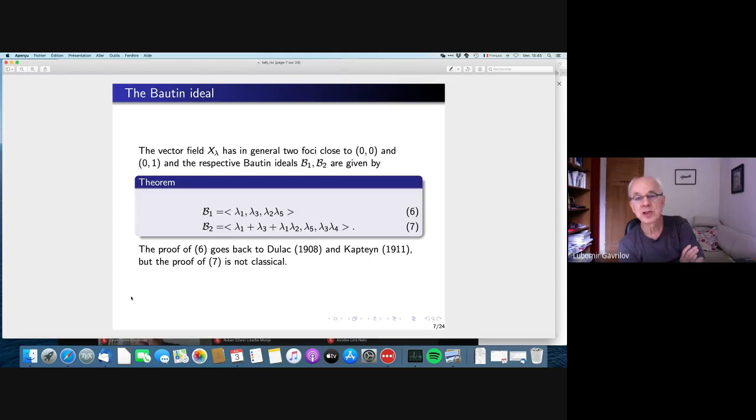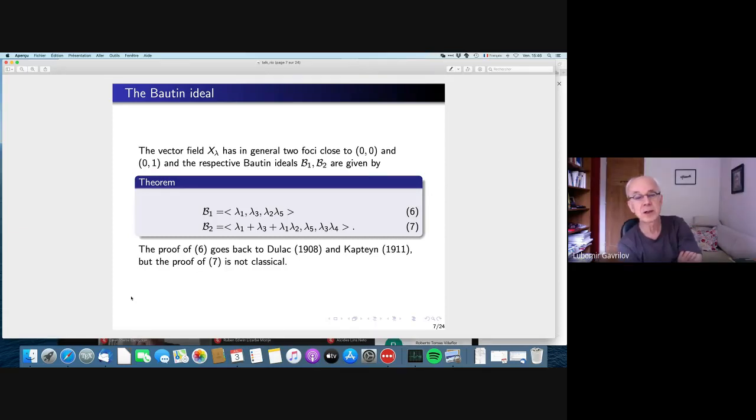It is just 3 generators. Why? Because we take not a neighborhood of the linear center, but we take a neighborhood of just one special quadratic system, this isochronous system in the beginning, and you look at small perturbations and you say, okay, there are